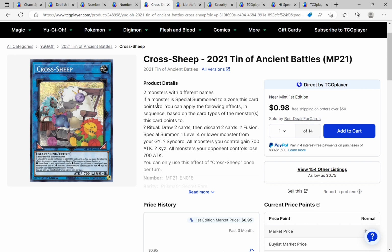It has the good arrows pointing down, and in any kind of fusion or ritual deck, it is very, very good. I understand that with the synchro and the XYZ, they're not as useful as drawing 2 cards or special summoning a monster. But this right here very much has the potential to be a key